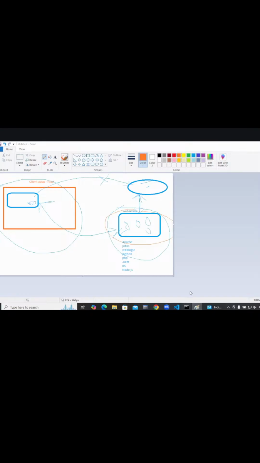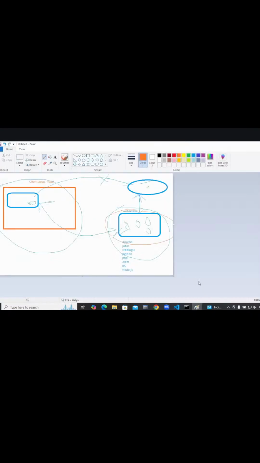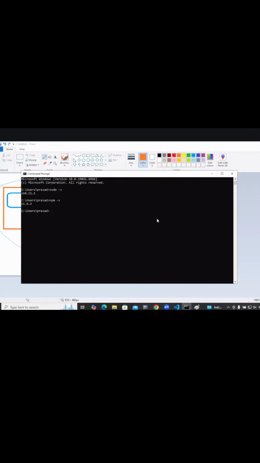Now, how are you going to do that? Okay, I'm going into this React patch folder. My requirement is I need to install Express: npm install express -g.